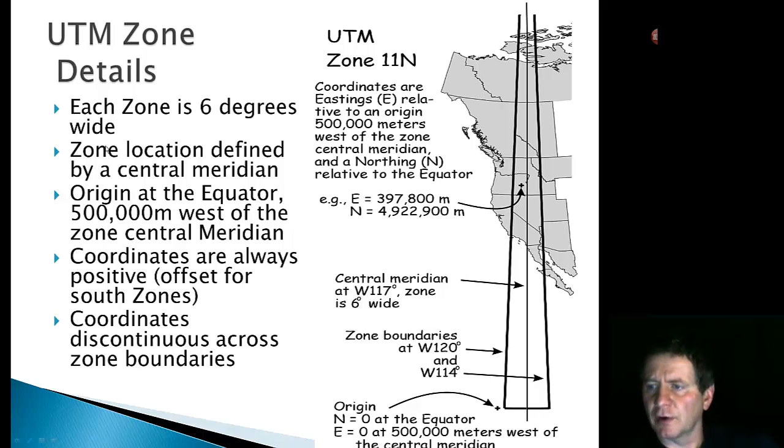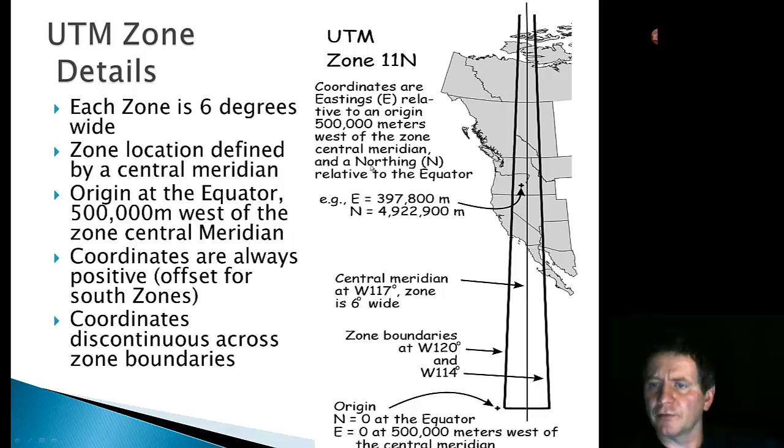The UTM zones being an angular setup, what you've got is a zone that's located by the meridian. So here's your central meridian, and they're 6 degrees in general, so they get narrower as they go up. Here's this zone 11N again, and what you get is coordinates that are relative to an origin that is